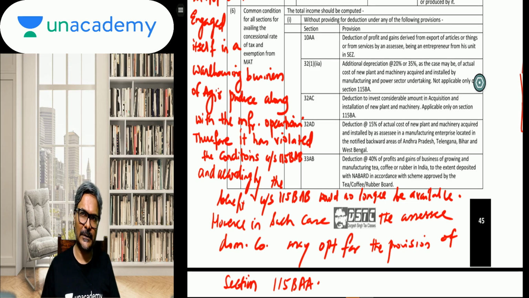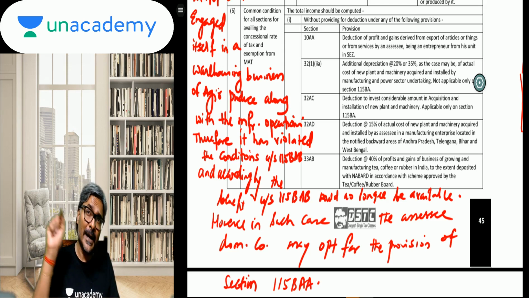Now, therefore, the underlying question is, if tomorrow from the deposit made in the NABARD there is a withdrawal that has taken place, and the SSE has incurred the expenditure from this particular amount that has been withdrawn, then whether the SSE who has opted for 115BAB or 115BAA, as the case may be, can now claim the deduction on the basis of the actual incurrence of the expenditure from that money which has been deposited in the NABARD, and the answer is yes.